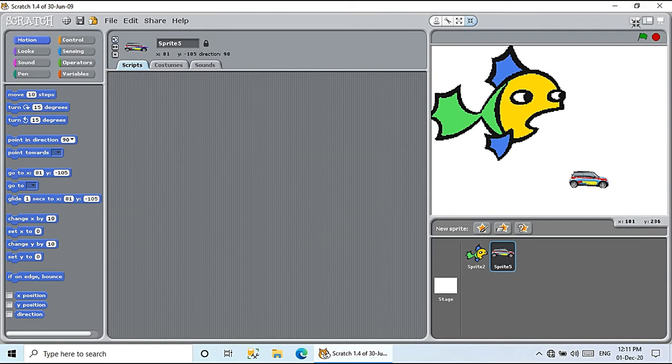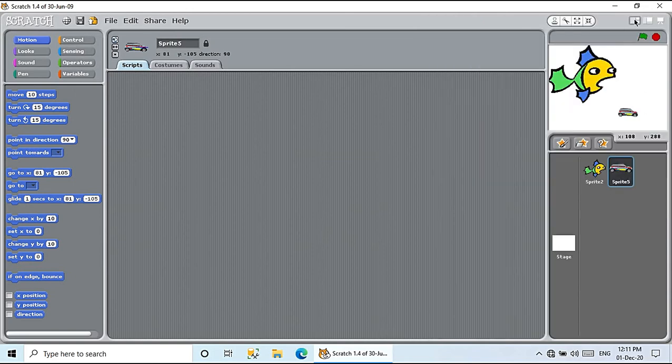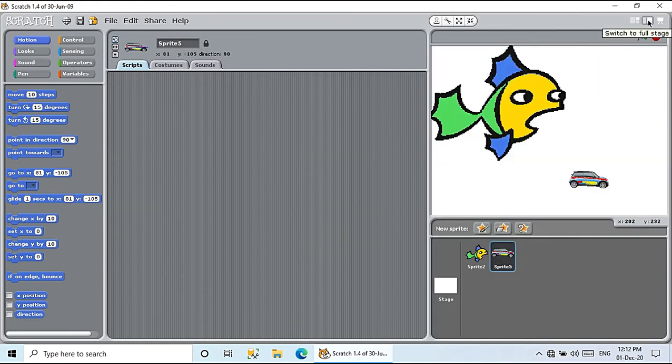Then you have this part, children. This is your stage part, and just above the stage you have these options. Switch to small stage. It will decrease the size of your stage. See, now it is very small. Now if I click switch to full stage, it will be your normal stage where you include your slides in the presentation.